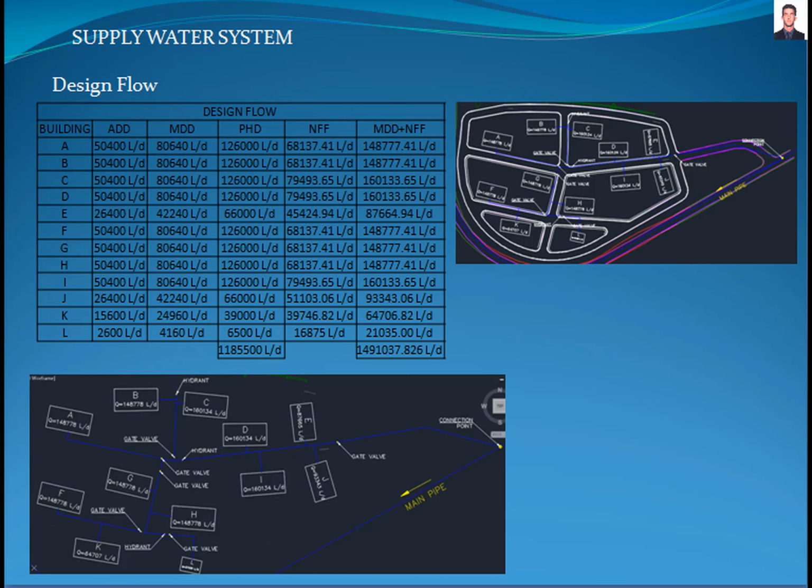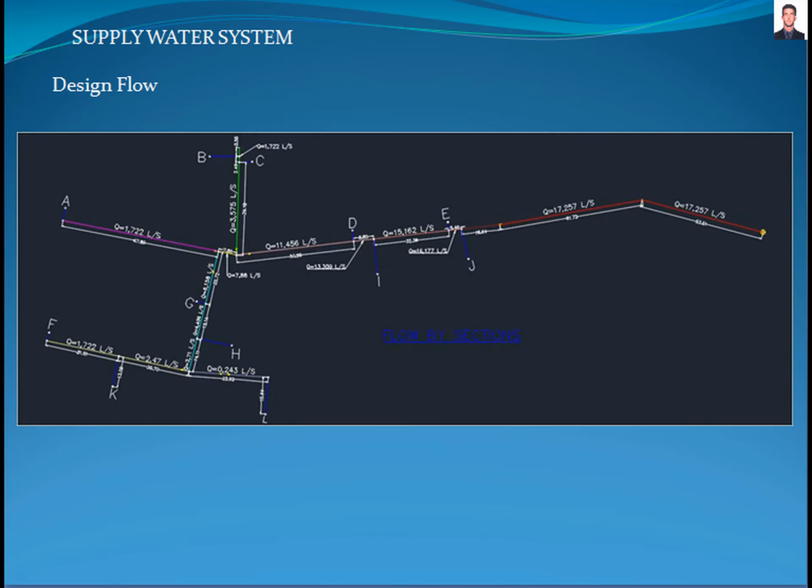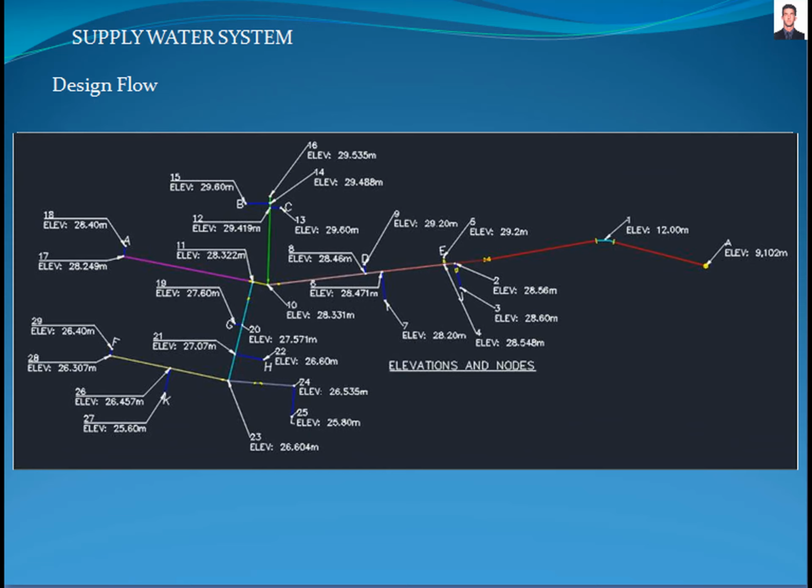With all these recommendations, we proceed to draw the proposed main supply water system pipeline, as is shown in this figure. Now we proceed to divide the system in sections and distribute the design flow for each section according with the flow direction, as is shown in this figure. After that, we define each node of the system, its elevation and distance between them, as is shown in this